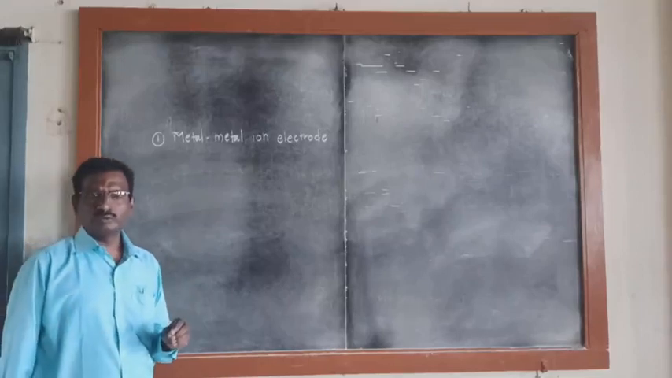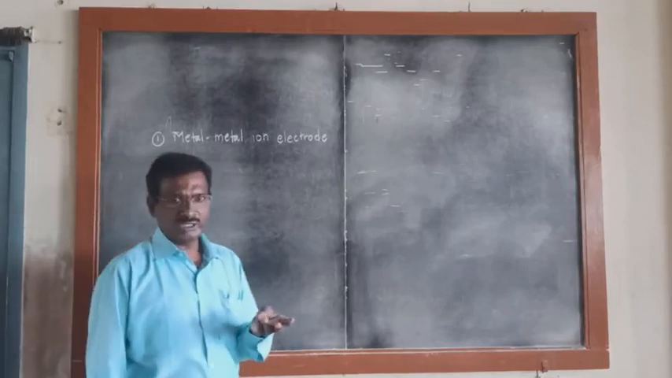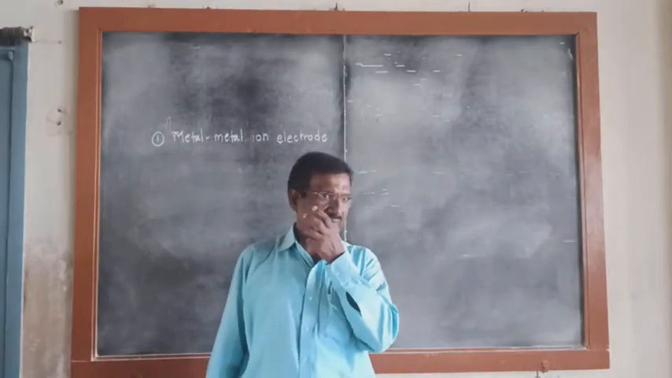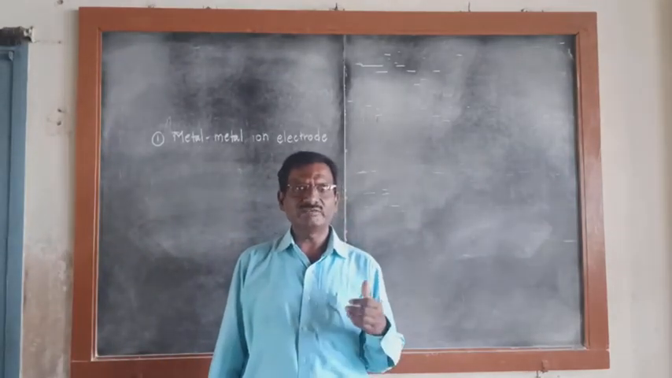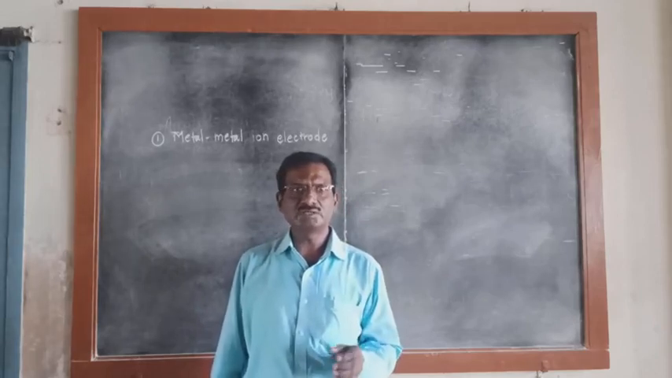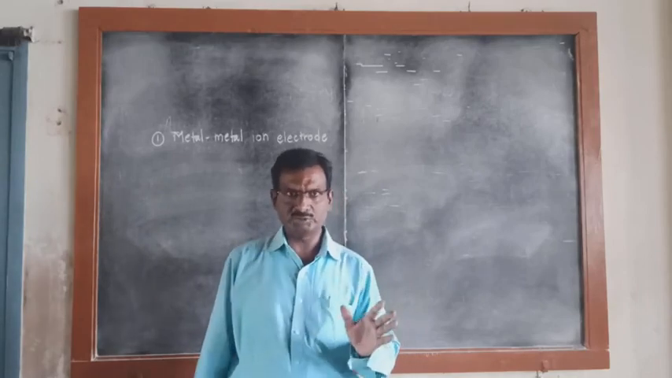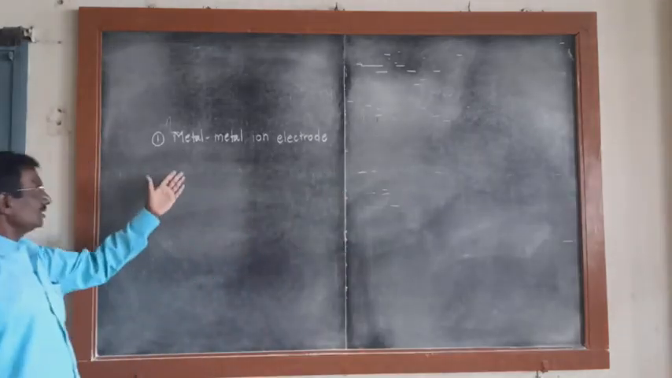For every electrode, you must remember 3 points. First one is representation, second one is half cell reaction or electrode reaction, and third one is EMF equation or Nernst equation or electrode potential. Then general discussion